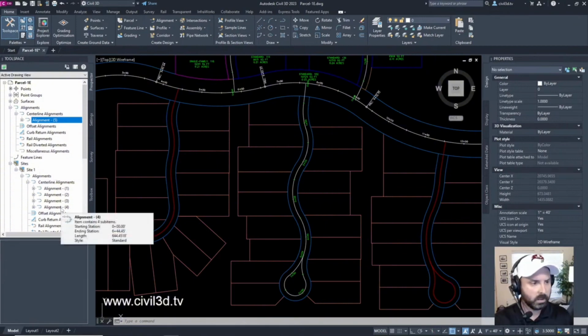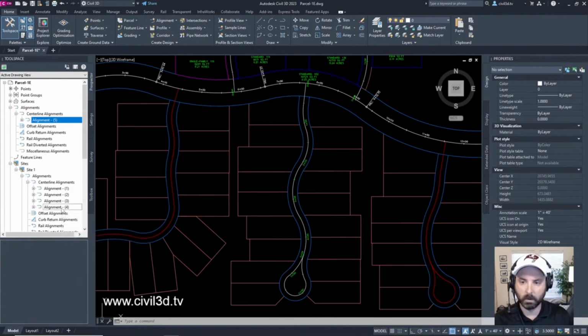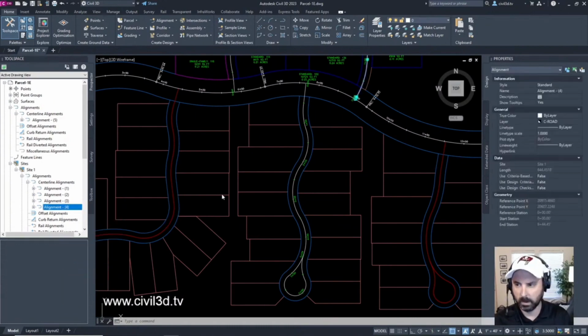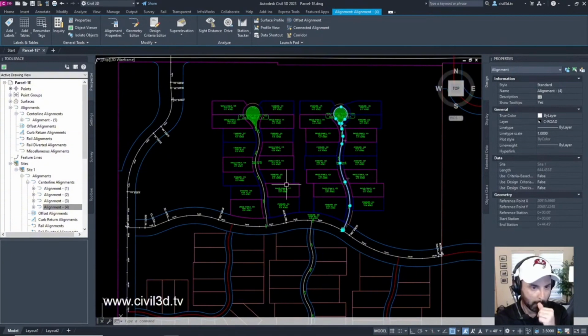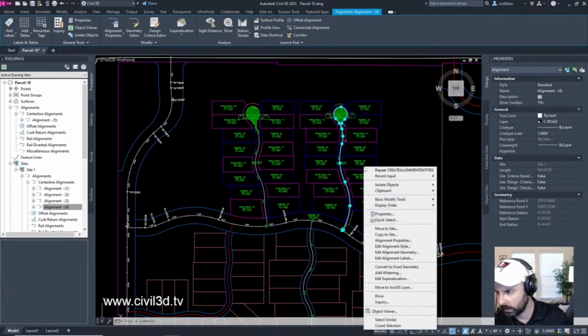We'll start with moving alignments out of a site. Alignment 4, we're going to select this. We're going to select the alignment. I'm just curious to see which one it is. This one. Now, I believe we can right-click, move to site.